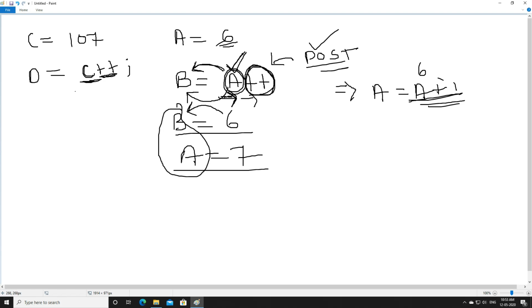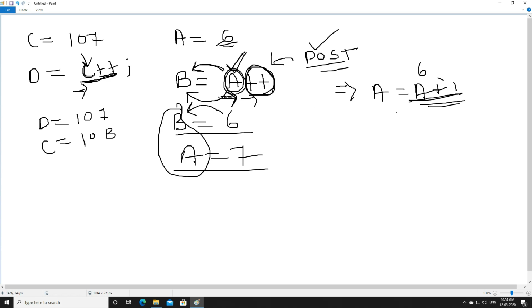So again you can look at this like this. When we move from left to right, the first thing which comes to us is the variable, isn't it? Now what is the value of c? That is 107. d will get stored, d will have the value 107, right? And then the value of c, because of the plus sign, will get increased and become 108, right? This is called post-increment.